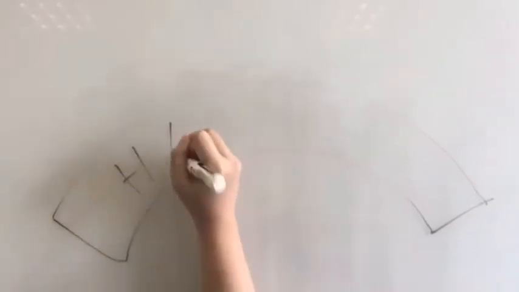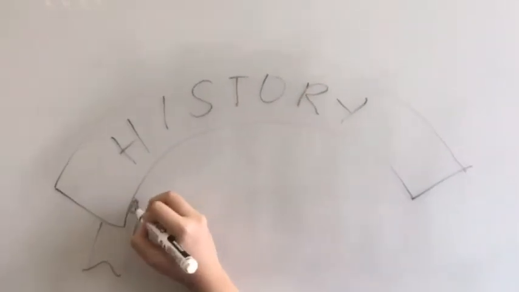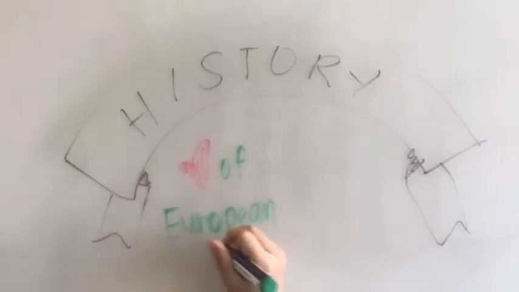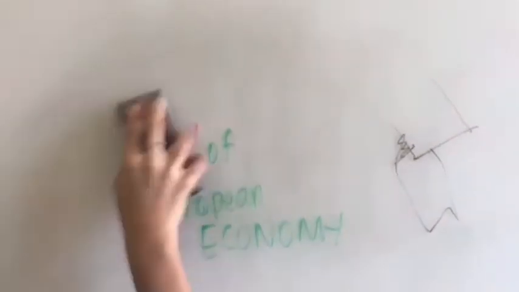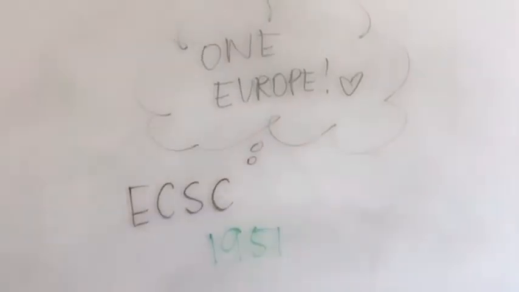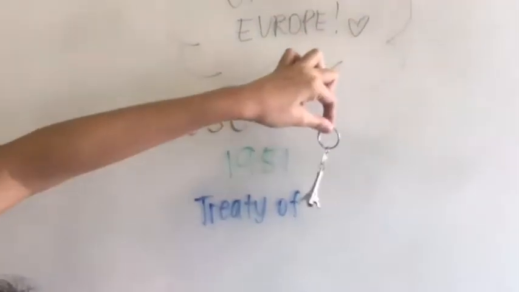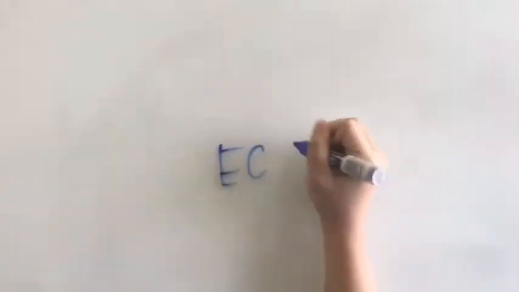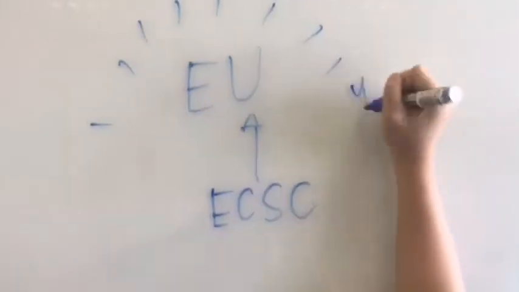When we talk about the European economy, the first thing that comes to mind is the heart of the European economy, the European Union. It all started out in 1951 when the European Coal and Steel Community was established, primarily to prevent further war and to bind Europe. It was established through the Treaty of Paris and was ratified by 6 countries. The ECSC is also the foundation of the current European single market.